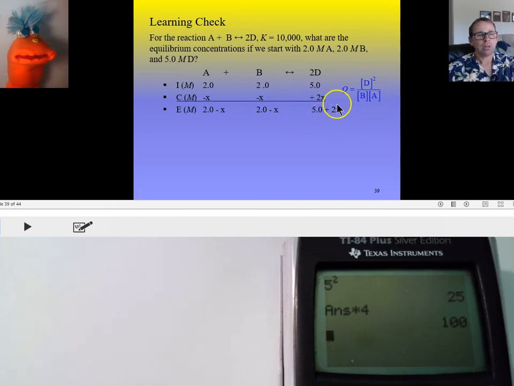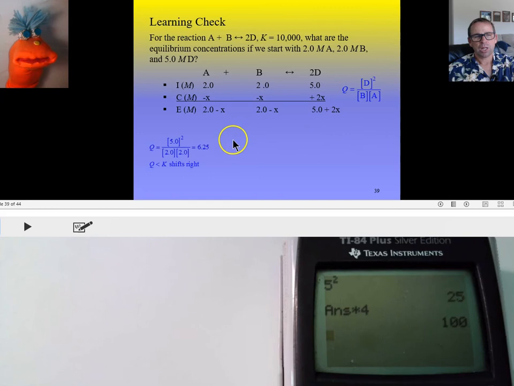All right? So then we can take this value, 5 plus 2X, because that is what is going to be the equilibrium concentration for D, and we can put it right in here for D. We can take this value, 2 minus X, put it right in here for A, and 2 minus X for here, and put it right in here for B. And so the result is, this was identifying whether or not we're going to get a shift to the right or to the left. And the result is